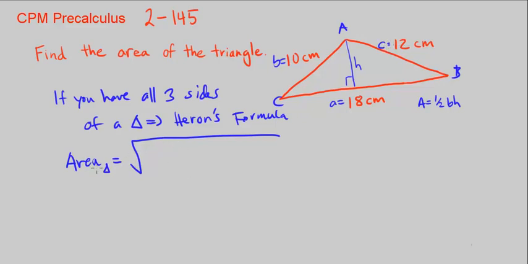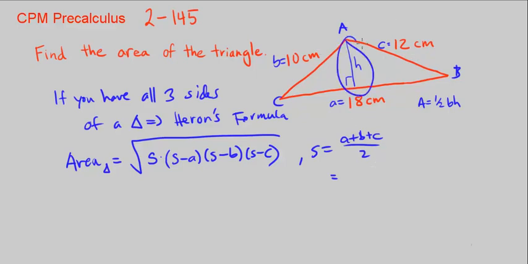Is the area of a triangle is equal to the square root of some constant s, which we'll explain in a second, times s minus a, times s minus b, times s minus c. And s is just equal to the perimeter, a plus b plus c, divided by 2. Okay? So that gives us, let's do it this way, because this is going to be a lot faster than